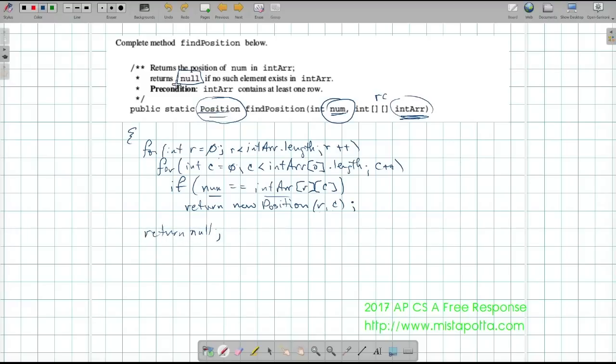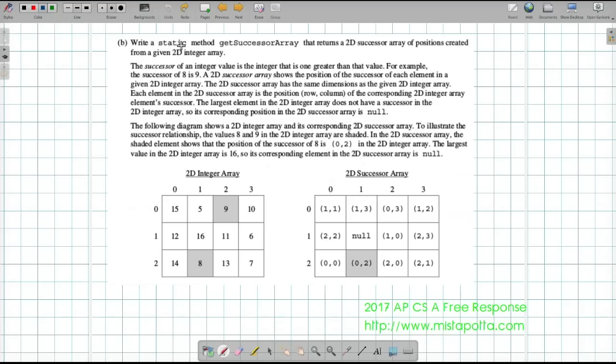And the provision is, if I go through everything and I don't find it, if I never hit this equals equals, then I want to go ahead and return null. So that's part A. On part B, now what we need to do is write a static